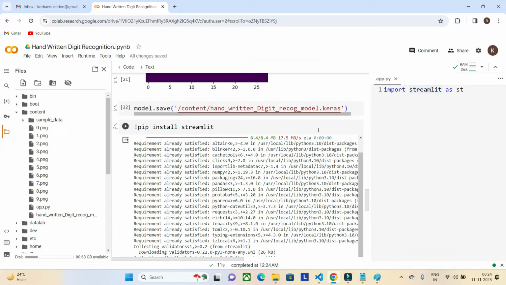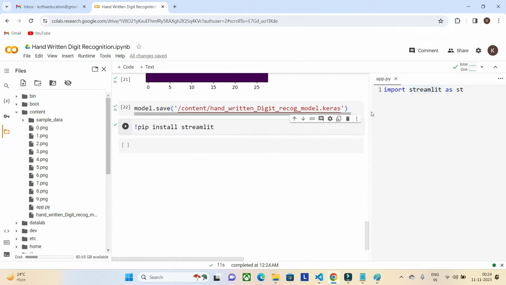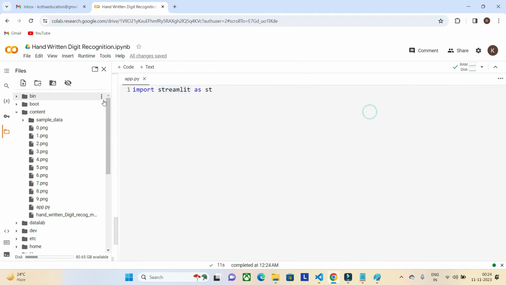See, once it is installed, this warning has gone. Now import Streamlit as st. And what else we need? Import numpy as np. Import TensorFlow as tf and import cv2 for the images.